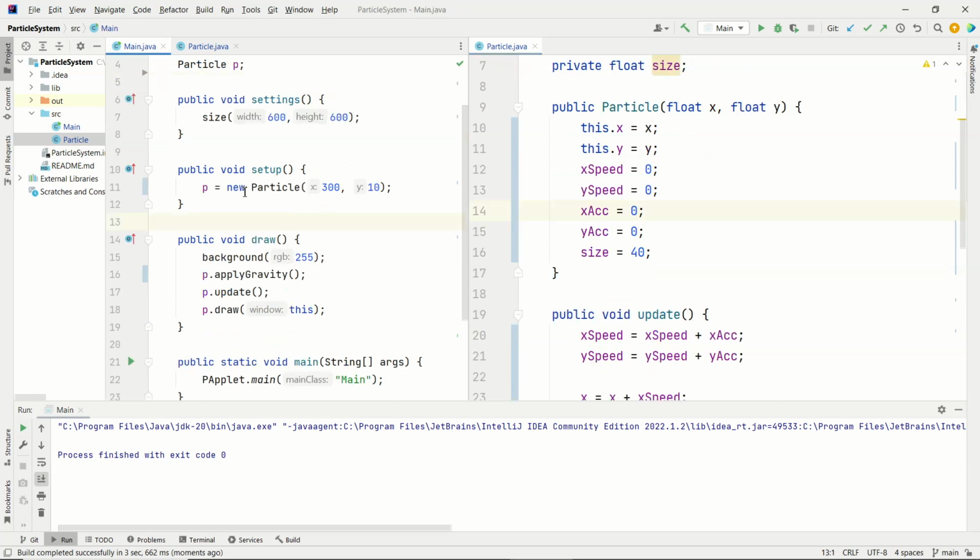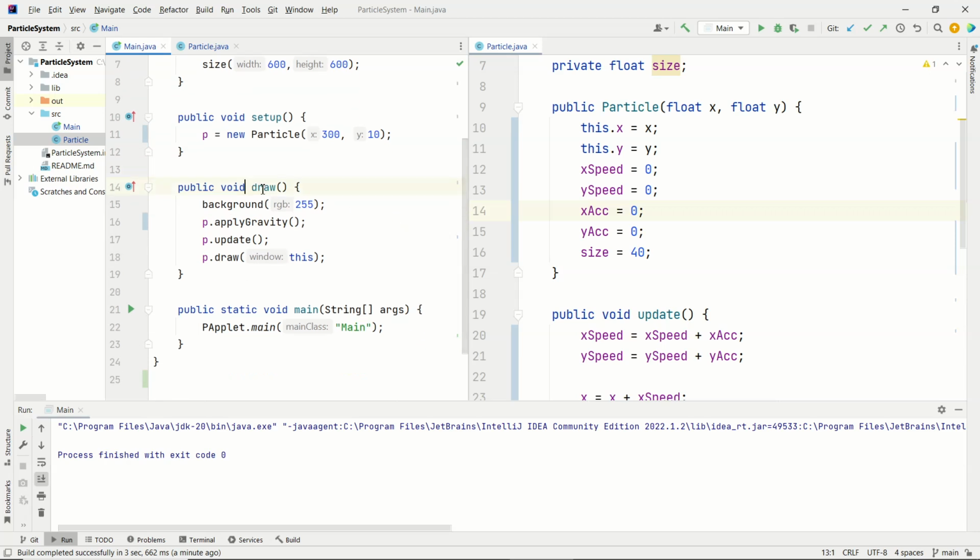On this side, we see us constructing the particle with an x position of 300 and a y position of 10, which is close to the top of the screen, because in the coordinate system for graphics, y equals 0 is at the top of the screen. So draw is running continually in a loop about 30 times a second. This paints the background frame, and then we apply the force of gravity, have the particle update itself, and this is where it updates its own speed and position,